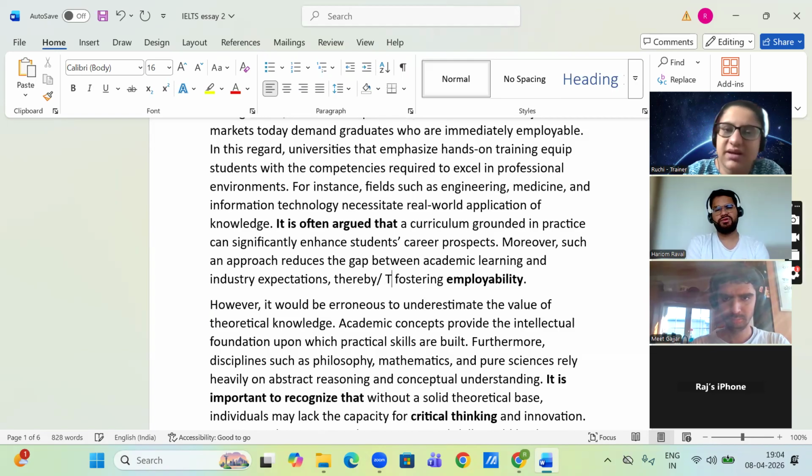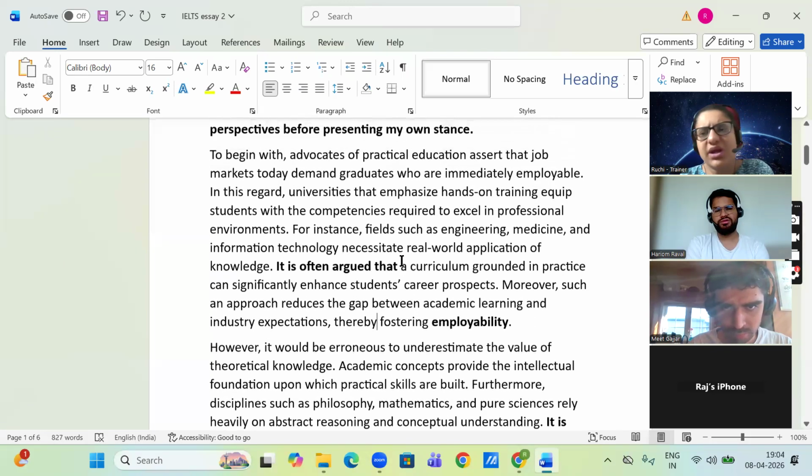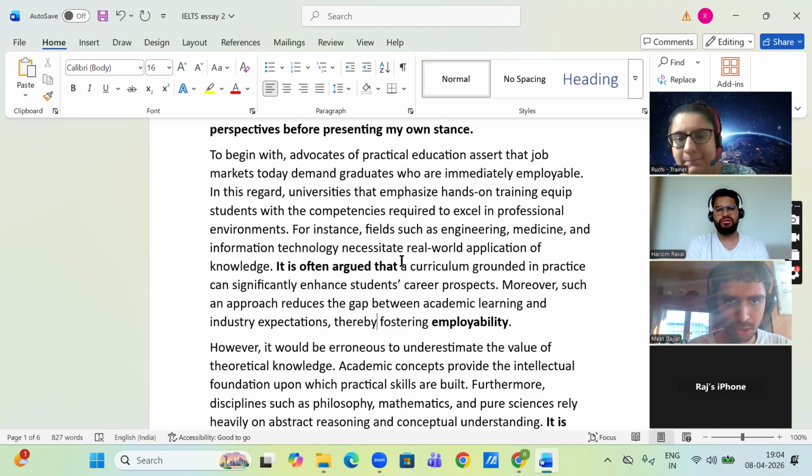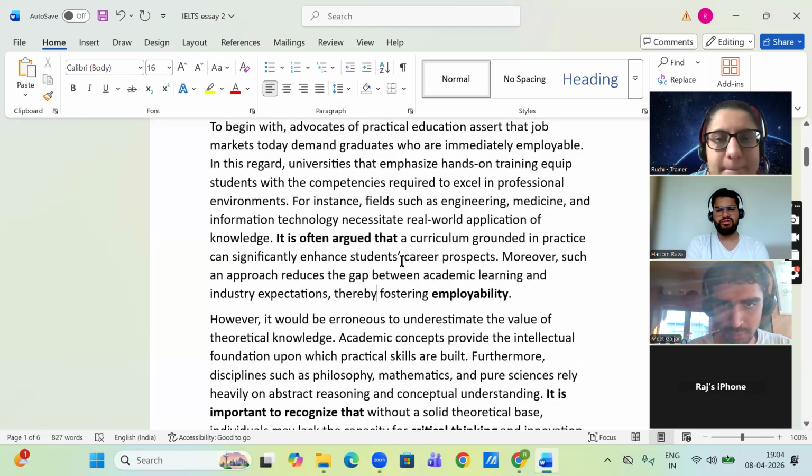Now, Meet, you will reread the whole paragraph slowly, calmly, try not to rush at all. Go. To begin with, advocates of practical education assert that job markets today demand graduates who are immediately employable. In this regard, universities that emphasize hands-on training equip students with the competencies required to excel in professional environments. For instance, fields such as engineering, medicine, and information technology necessitate real-world